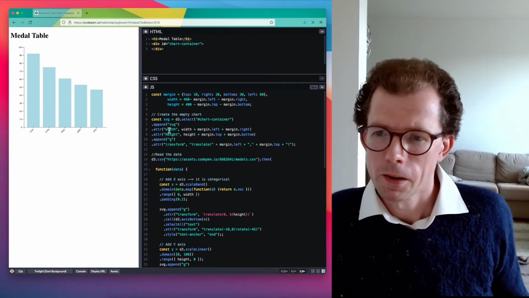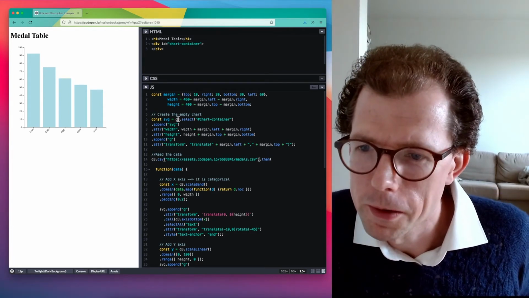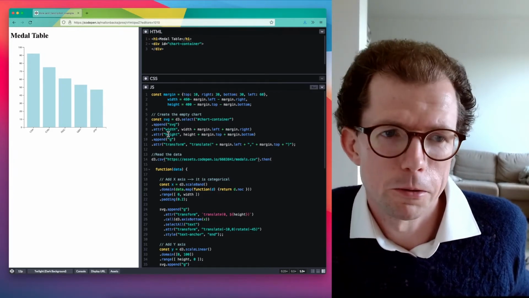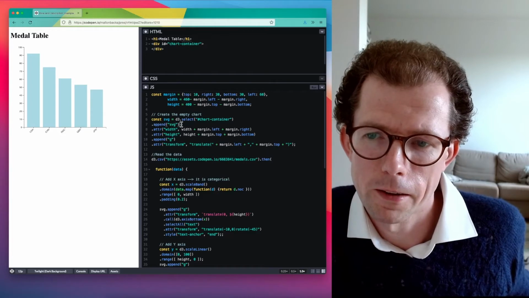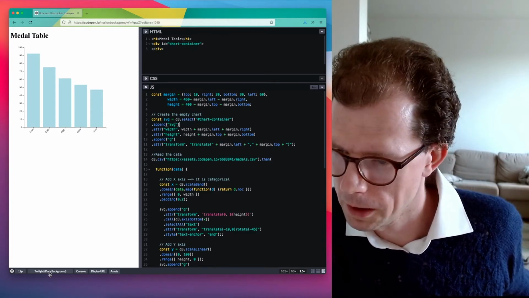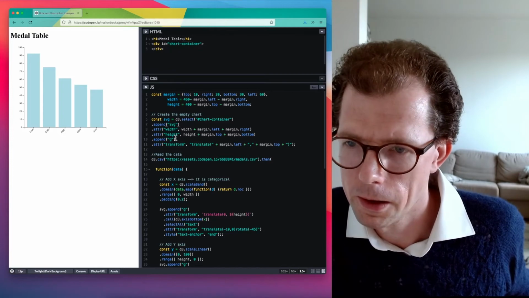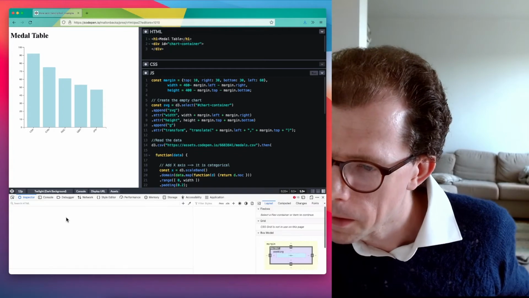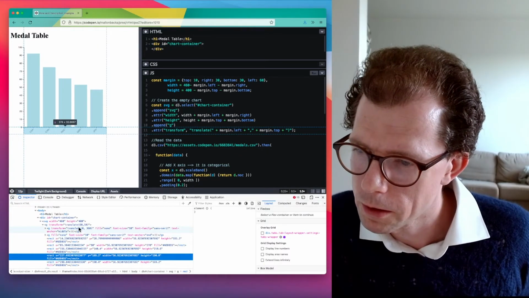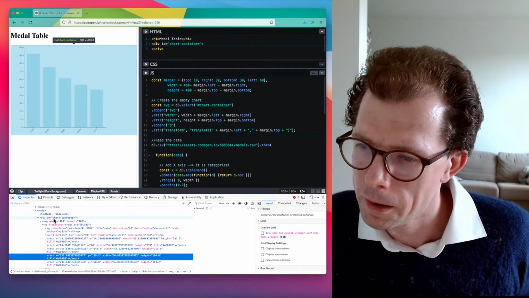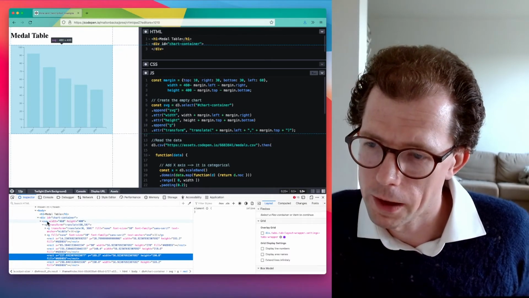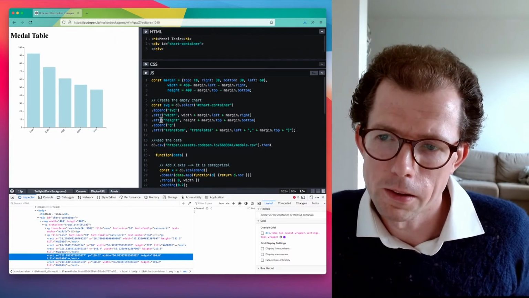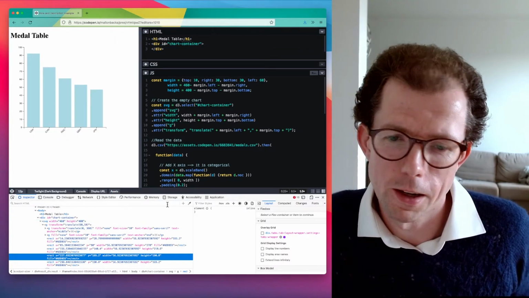Well, if you are familiar with what's going on here, you can see on lines 8 and 9, we're setting the width and the height attributes for this SVG tag. And actually, if you want to see, let's do this in here. So what you can see is that inside the page we have our div with the ID chart container, and inside that we have the SVG, and we've just set these two, width and height, in the JavaScript using D3 on lines 8 and 9.